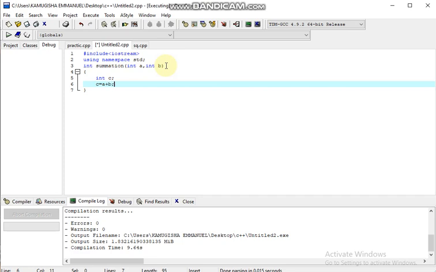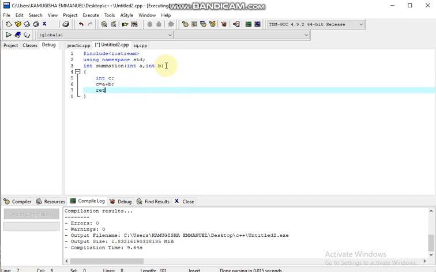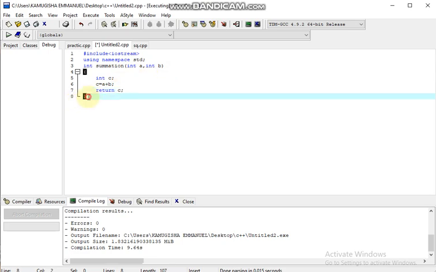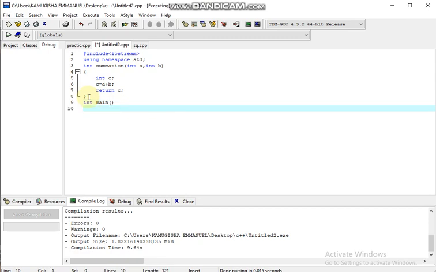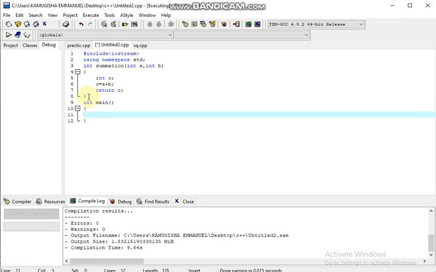Then we return c. So when the function is called, it will return c. You get it? So after this function, now let's go to our int main. We say int main, our main function. And now in our main function, what we are going to deal with is just